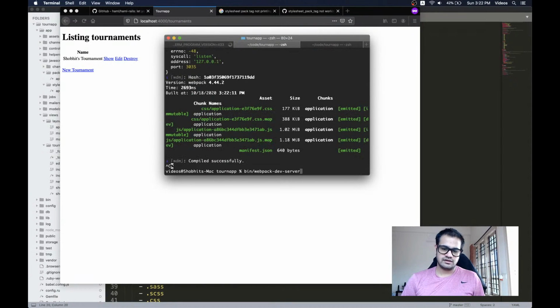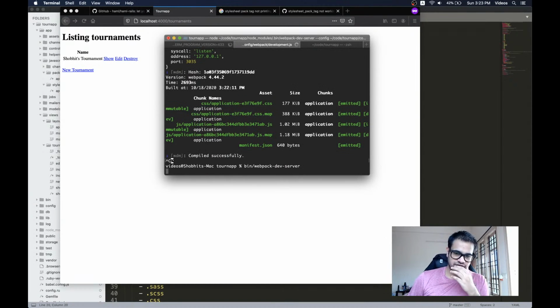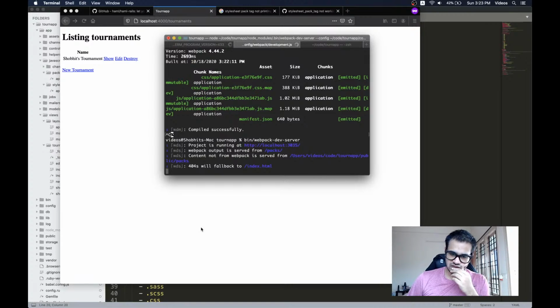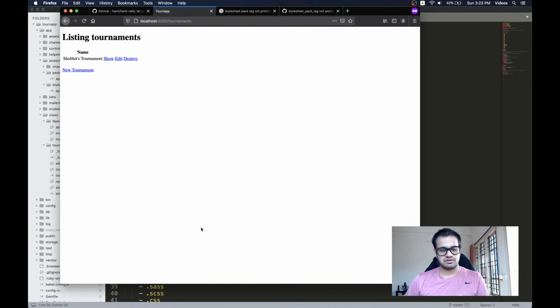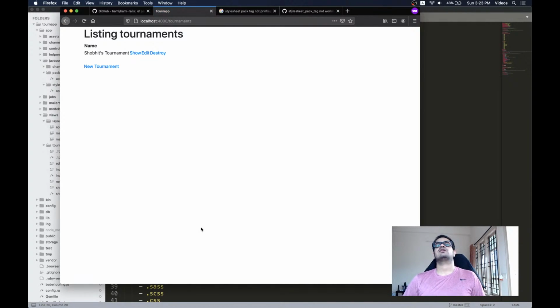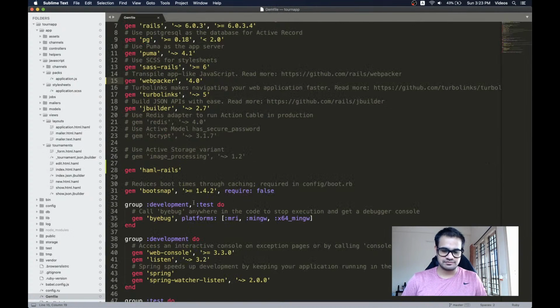Okay, Rails server is up. Webpack server is up, and it's working now. So much time wasted. I don't have a lot of time now, but anyway,